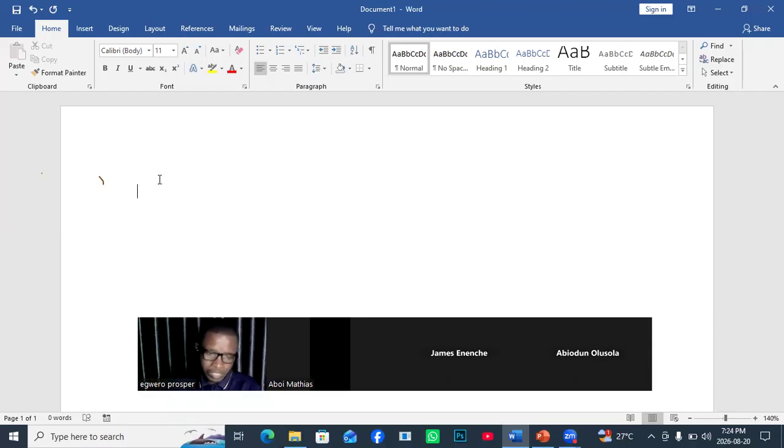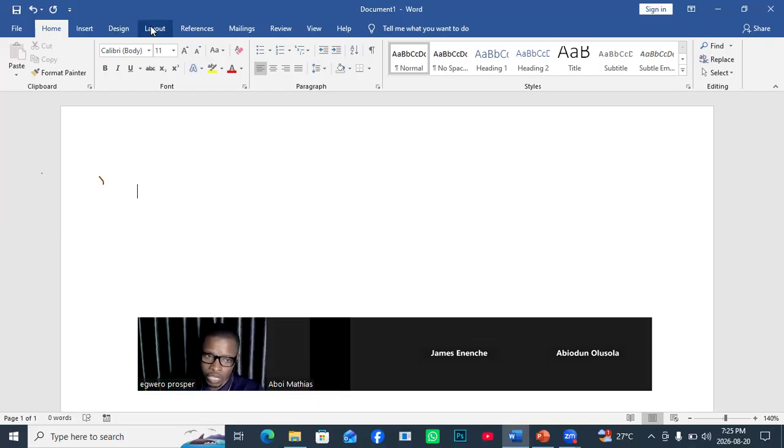In some cases, the header can be within the table, while in some cases it can be before the table. So let's assume that it's going to be before the table. Now, anytime you are using this table, if the headers are many, for example, now I'm going to need up to like 12 columns, then I should switch my orientation, which is part of what we learned under page setup,